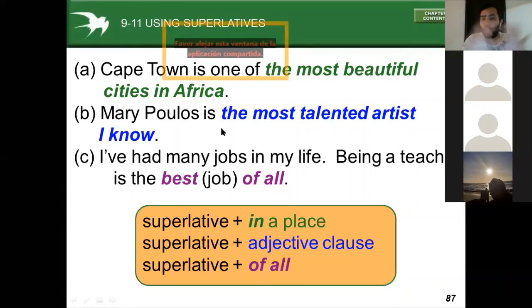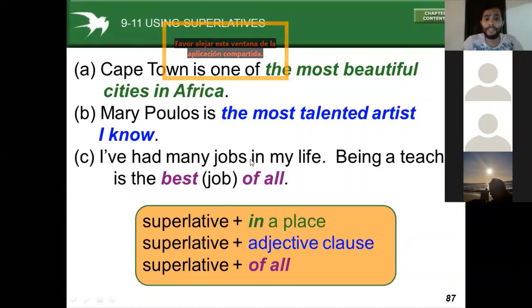In the case number 2, Mary Paulus is the most talented girl I know. Now, this is just the normal version, right? We are not using any place. We are not using anything. So you don't need to use a preposition. This is only in the case of a place. And in the case of, because there is a possibility of using of, like in this place right here,